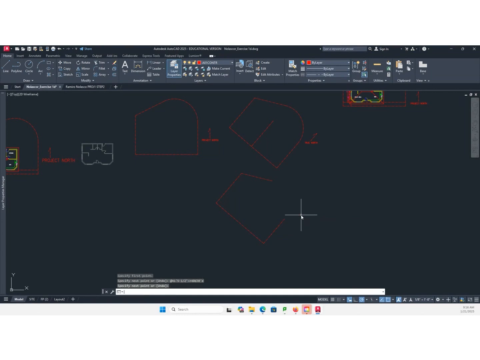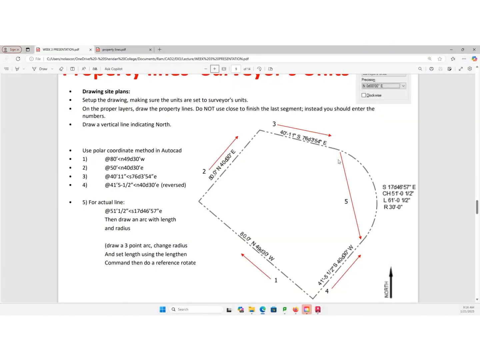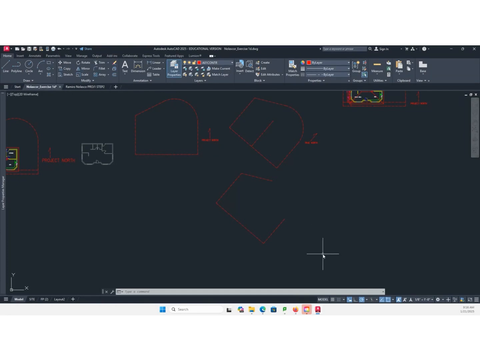Okay, hit enter. I need not do this because from here I can draw this arc. To draw that arc, I start the arc command. A is the shortcut key. Arcs go counterclockwise, so this will be my start point.